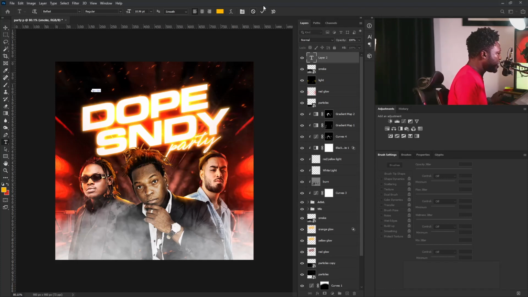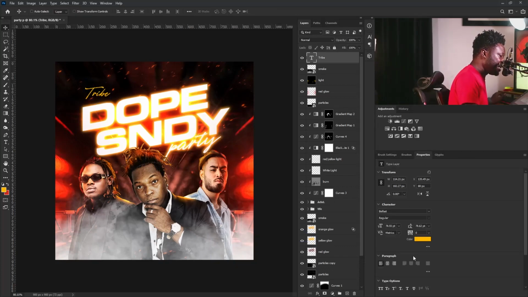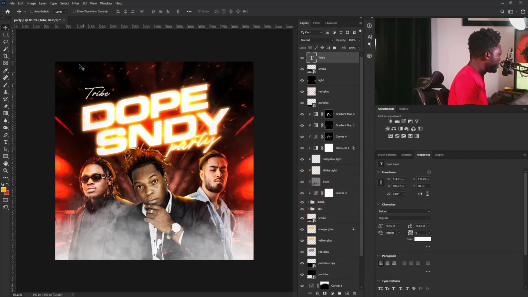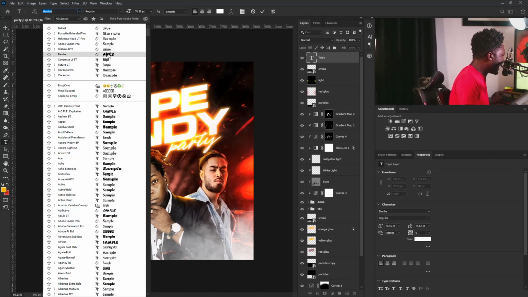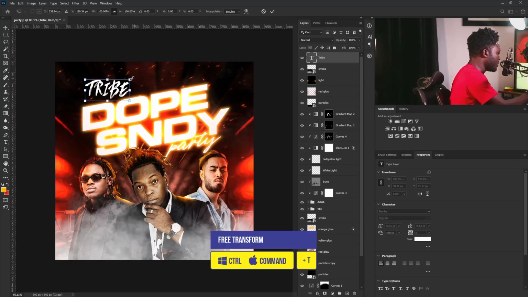All right. It's called Tribe. I'm going to activate the frame transform and make this bigger like that. And I'm going to go to the property tab here and change the color of this to white like so. All right. So the font I'm going to use on this is going to be Bambe. Yeah, Bambe. And I'm going to activate the frame transform and make this smaller like that and hit the enter